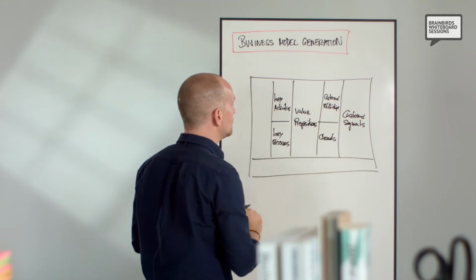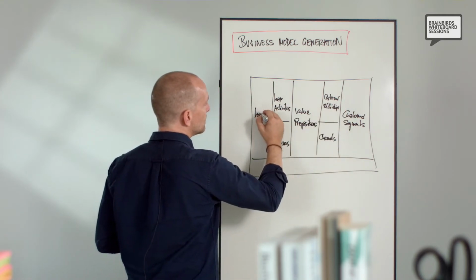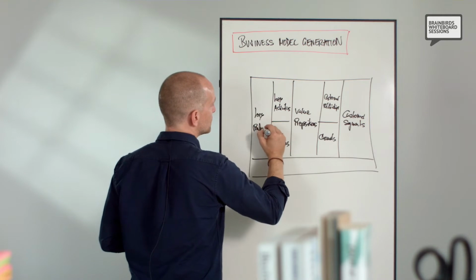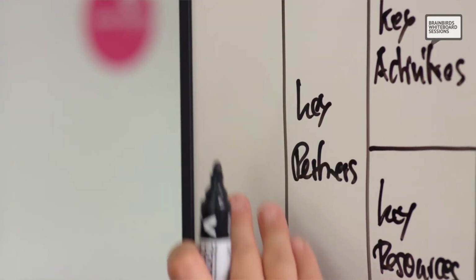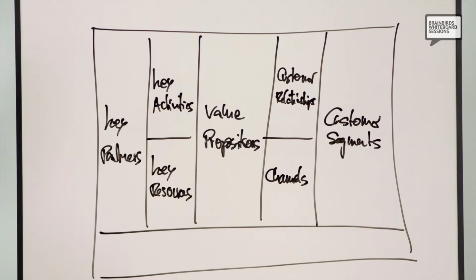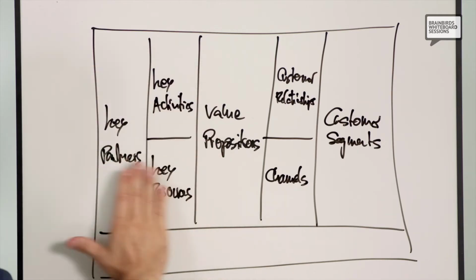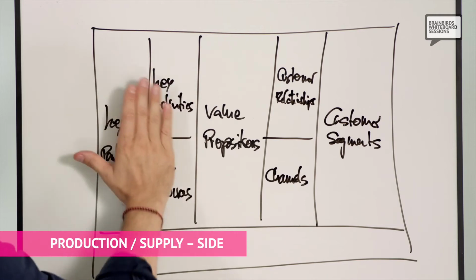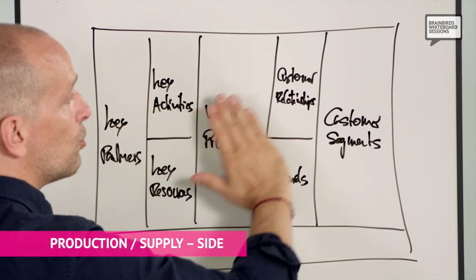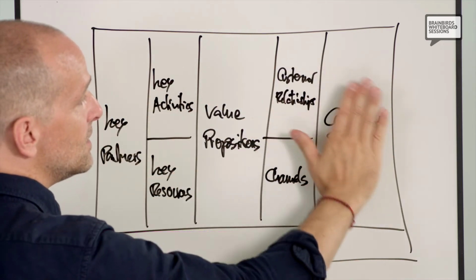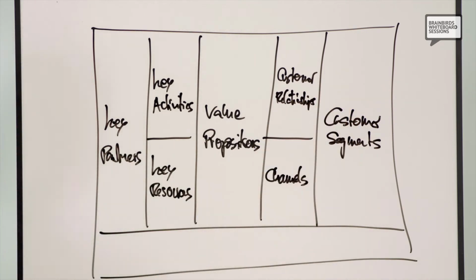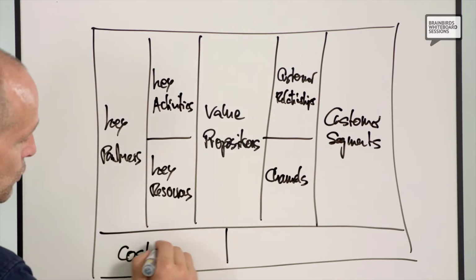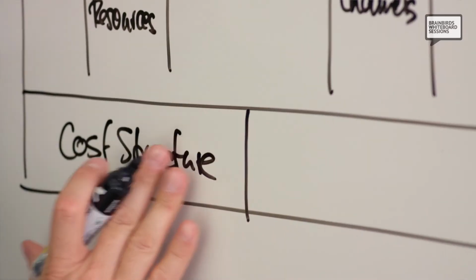And sometimes we can't do this by our own. We need partners, key partners, which could be technology partners bringing something into the game that we can't fulfill by ourselves. So we have, let's say, the production side, the supply side, selling our products to a customer, which is the demand side. And we have a third component down here, which is the cost structure on this side, which